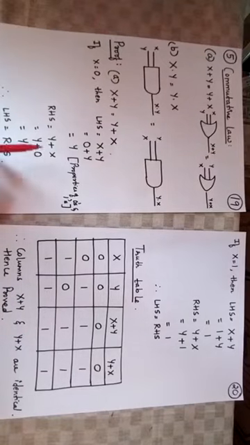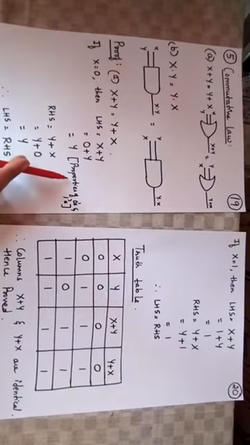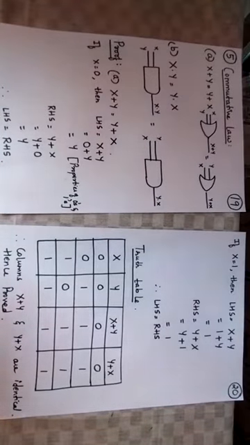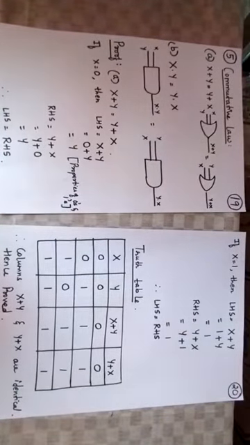Okay. Next, take the right hand side, y plus x. Keep y as it is, plus substitute the value of x with 0. Now y plus 0 results in y. Again, it is because of the properties of zeros and ones. Now if you see the result of both the left hand side and the right hand side, both are y. That's why the left hand side equals the right hand side. So this is by substituting the value of x with 0.